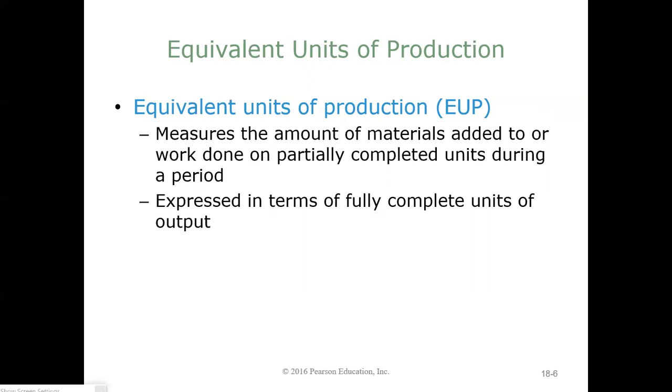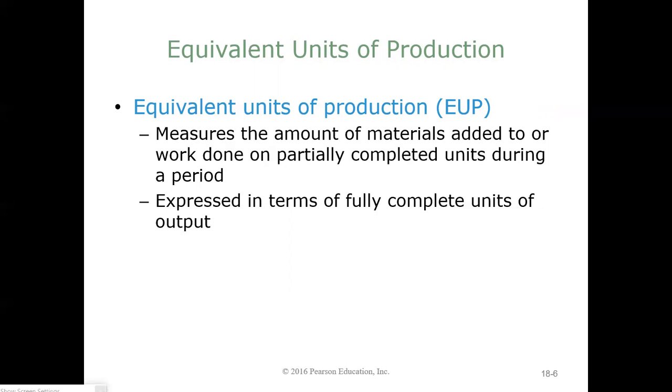But they use equivalent units of production to express those in fully completed units. So if you had 1,000 units in process that were 25% complete, you would express those as 250 equivalent units